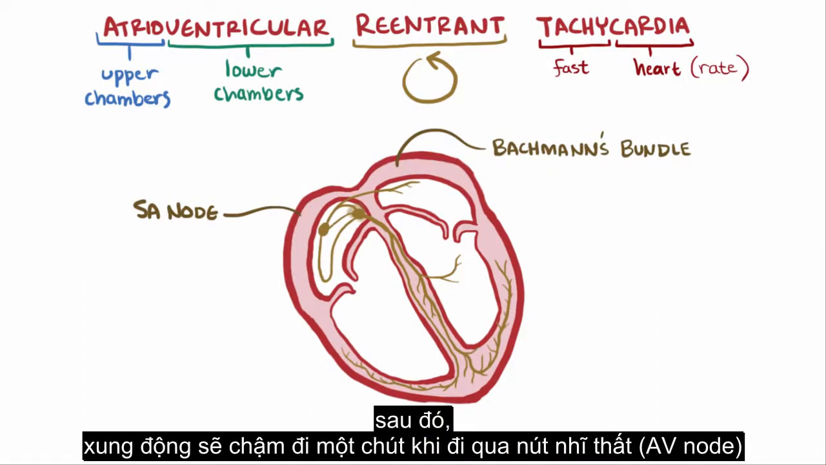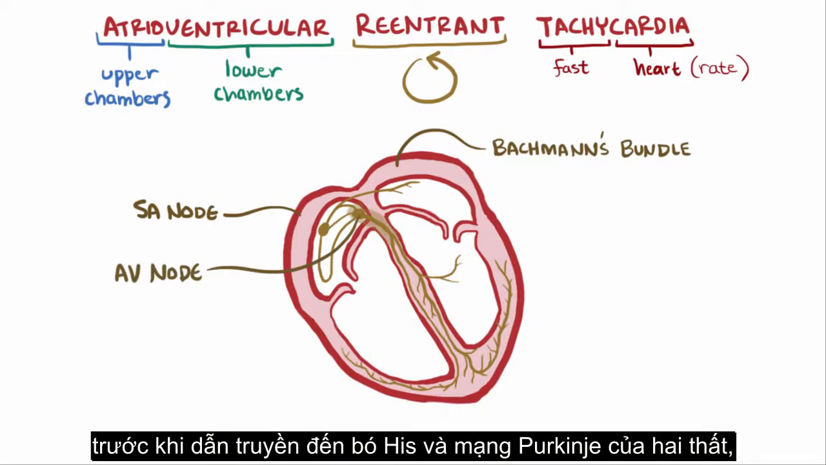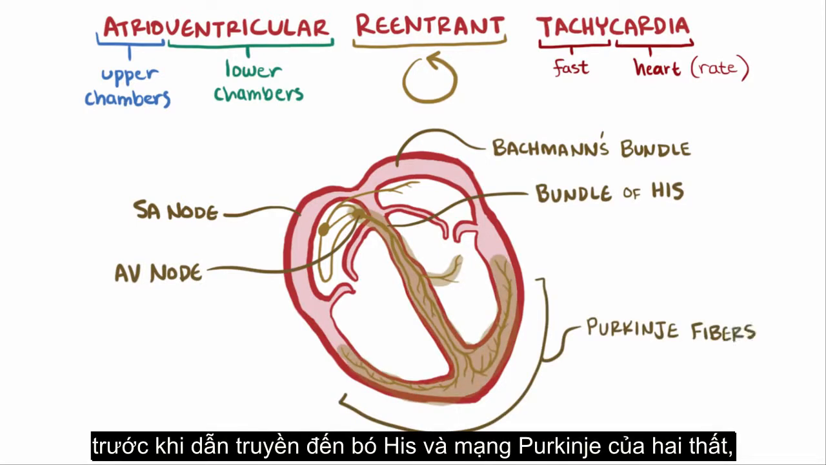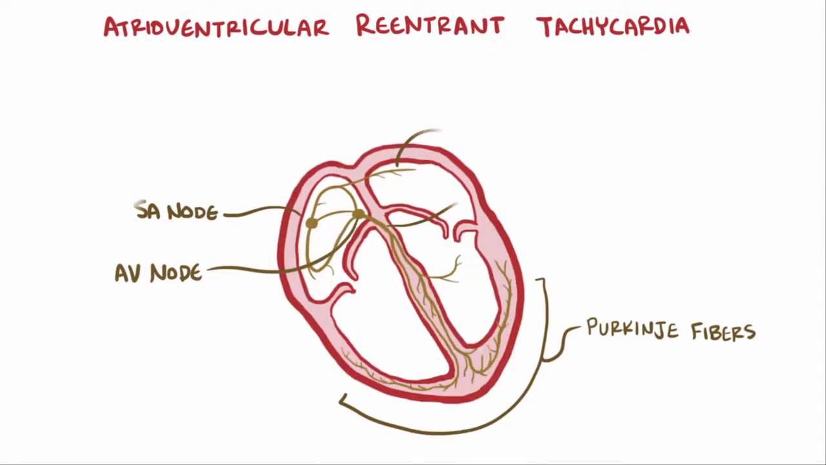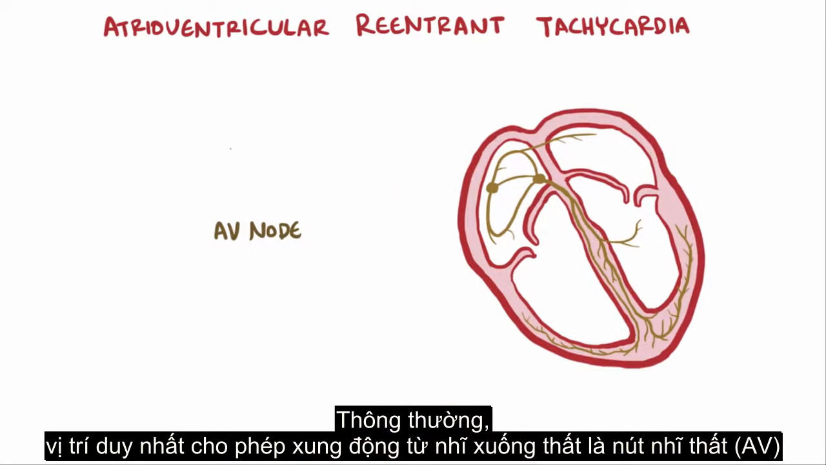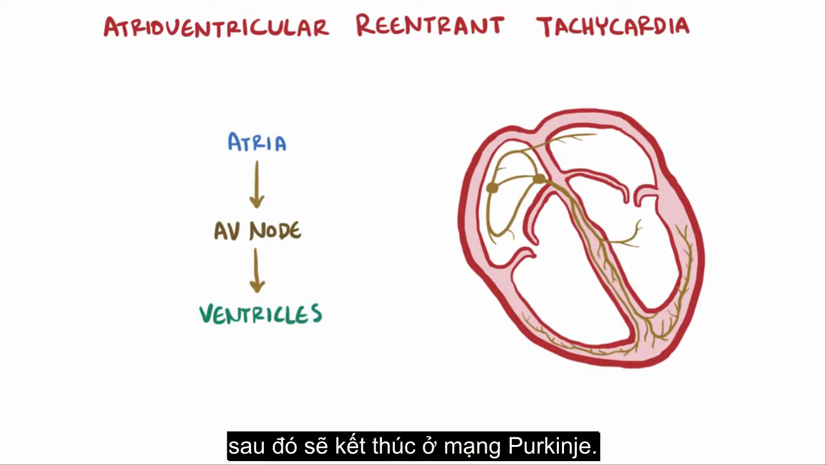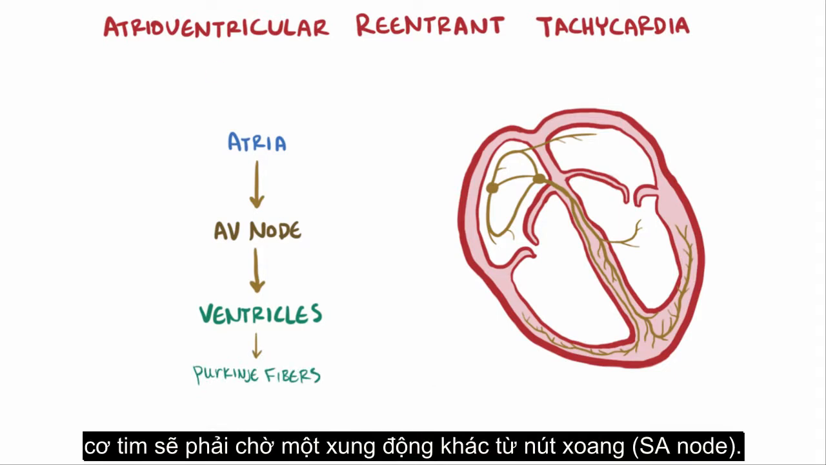It's then delayed just a little bit as it goes through the Atrioventricular or AV node, before it passes through the bundle of His and onto the Purkinje fibers of the left and the right ventricles, causing them to contract as well. Usually the only place where a signal can go from the atria to the ventricles is at the AV node. And once that signal gets to the Purkinje fibers, it stops, and the heart tissue waits for another signal from